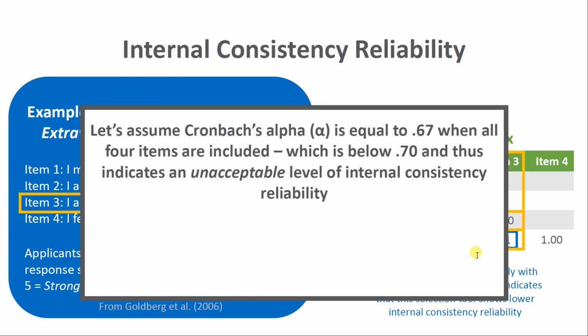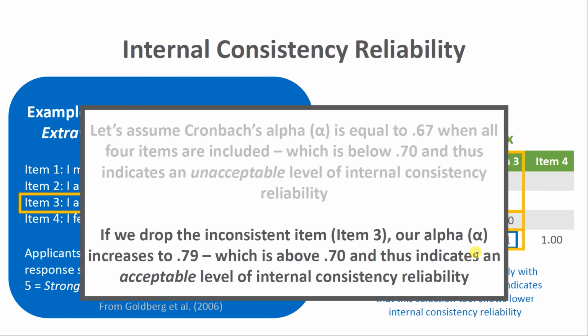So this would indicate an unacceptable level of internal consistency reliability because Cronbach's alpha is 0.67, which is less than 0.70. Now, if we were to drop that inconsistent item, item 3, our problematic item, our Cronbach's alpha would increase to 0.79, which would be above 0.70,